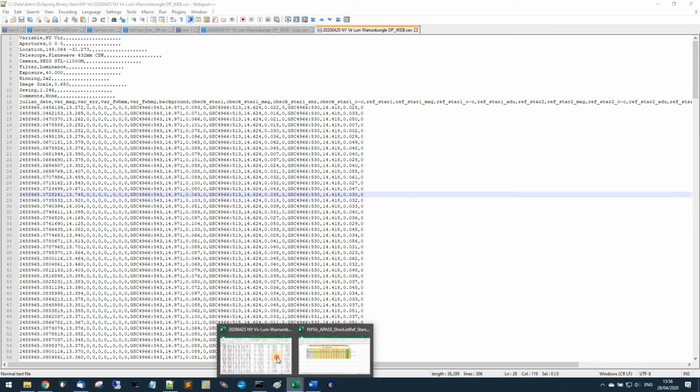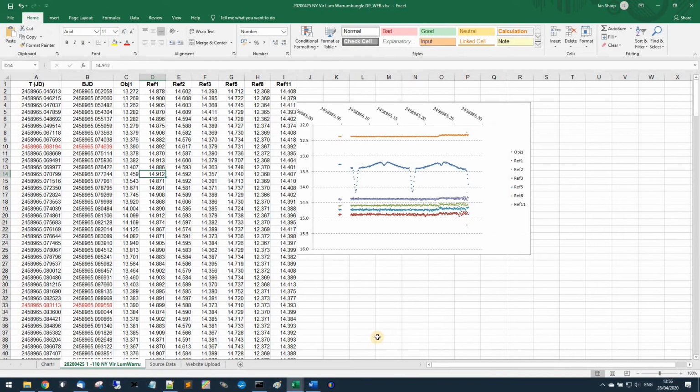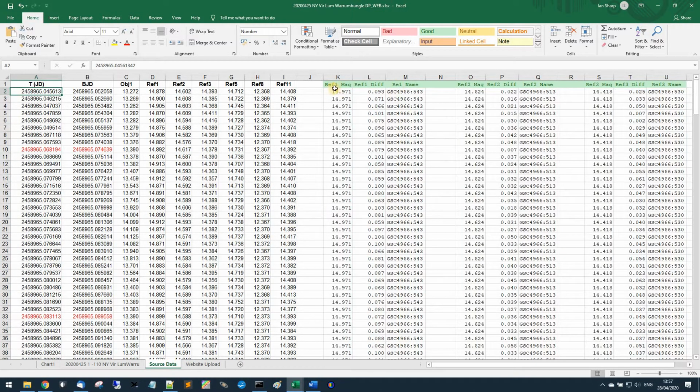Now let's go back and have a look at the spreadsheet that you sent me yesterday or today, and again there, these are reference 1, 2, 3. We only need 3 reference stars to be uploaded for the specification of the upload, so you can choose which ones you want to upload. What I've done is I've taken a copy of this sheet, called it source data, and then I've created some calculated columns so that they make it easy for me to build the final sheet. I think it'll be easy for you to set this up going forwards, just replacing values in these sheets and